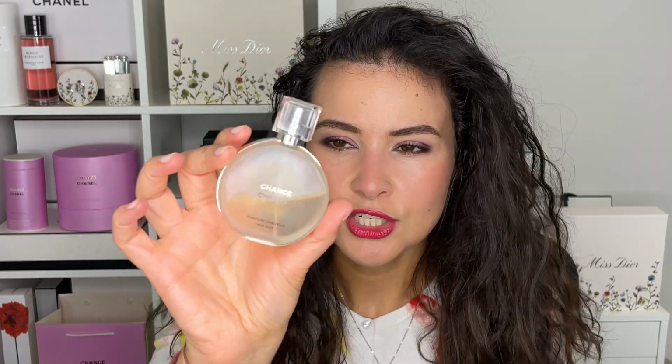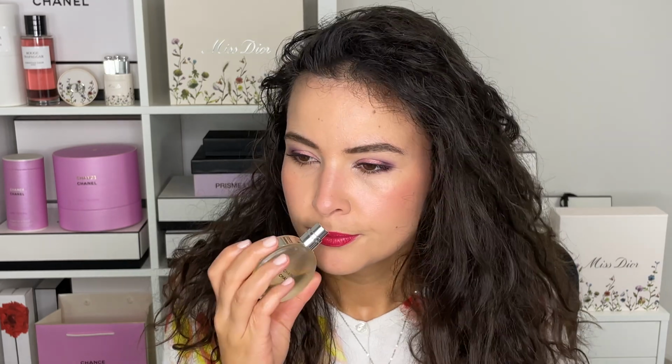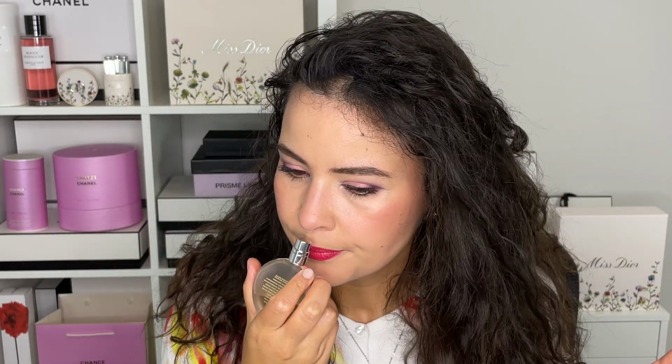Now to finish off our look, we have to go into a bit of fragrance. I am going into an oldie but a goodie, the Chanel Chance Hair Perfume. This is a hair mist. It's safe for your hair. It's not going to damage it or dry it out. It smells so good. It's the classic Chance in the yellow bottle, and it's making me think that I should